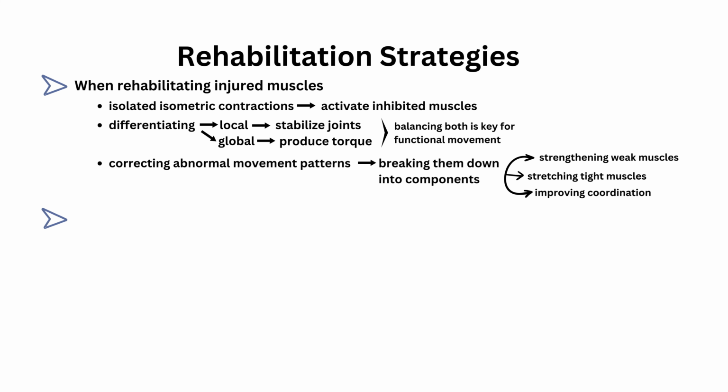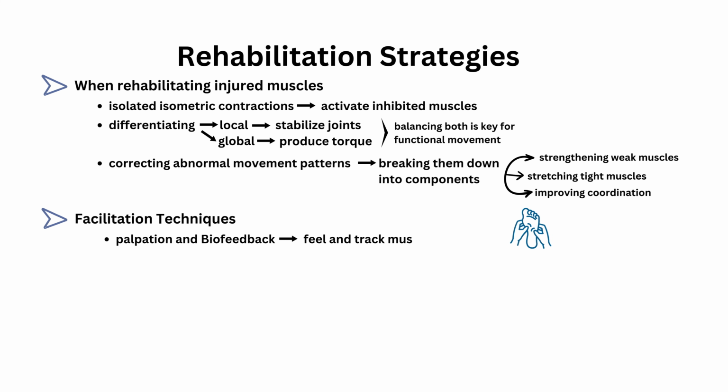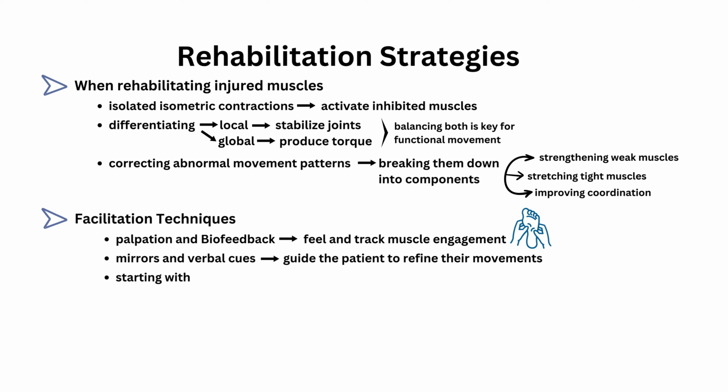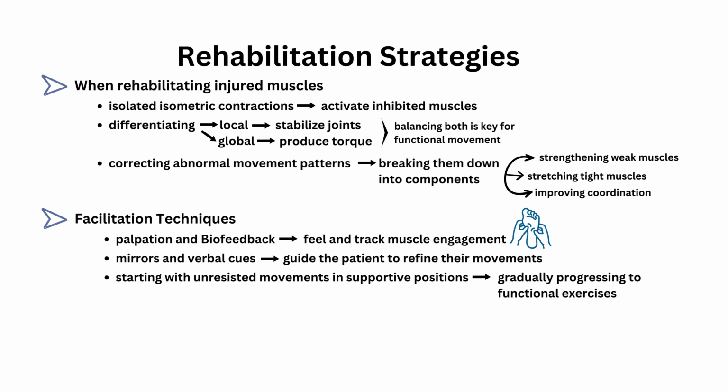We use several facilitation techniques to improve muscle activation. Palpation and biofeedback help us feel and track muscle engagement. Mirrors and verbal cues guide the patient to refine their movements. By starting with unresisted movement in supportive positions and gradually progressing to functional exercises, we help the patient regain muscle control and awareness. Today we will explore how motor control plays a vital role in recovery from chronic shoulder